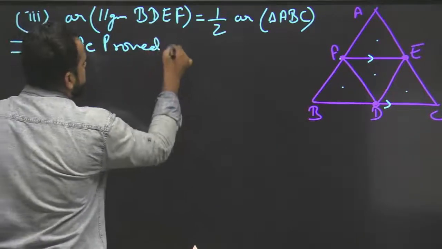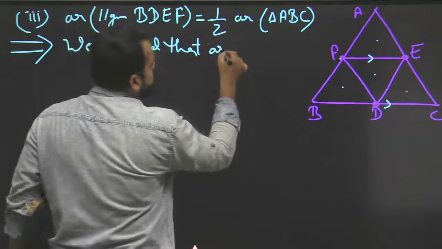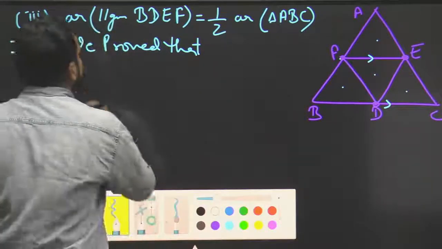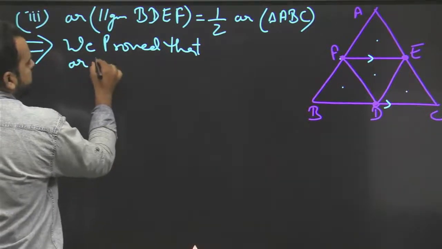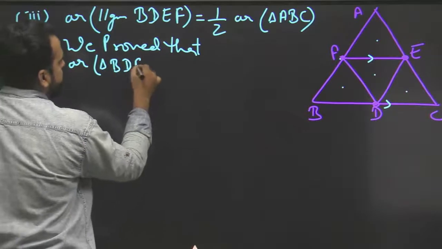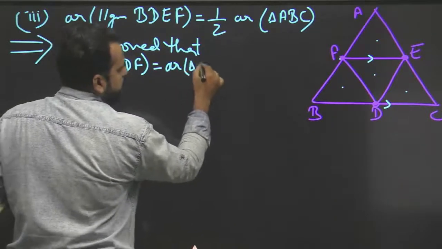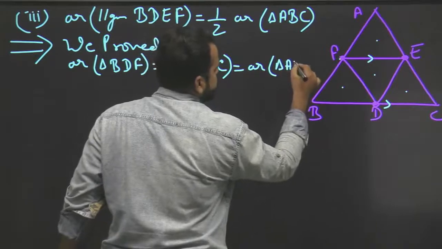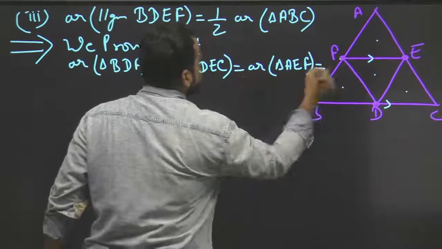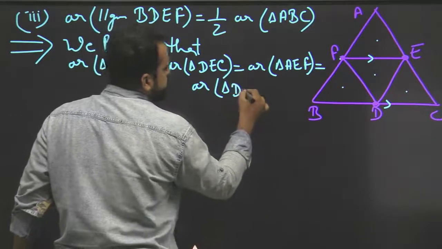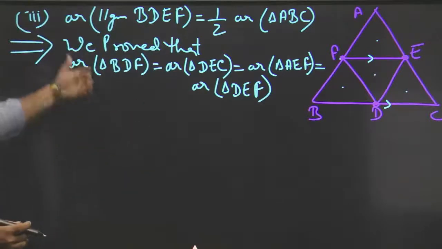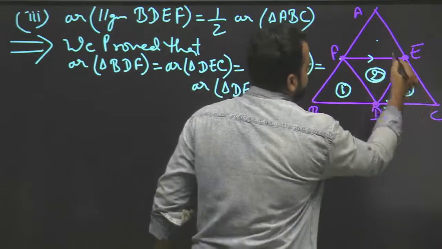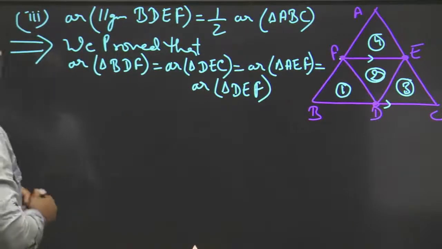we proved that, I'll write it down so that it can be more clear. Area of triangle BDF is equal to area of triangle DCE is equal to area of triangle AEF, as well as this is equal to area of triangle DEF. From the three equations which we just proved before, all these have equal area: triangles 1, 2, 3 and 4. If these are all equal in area, we can say that